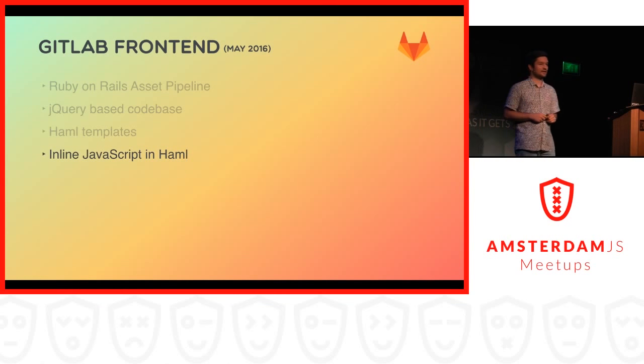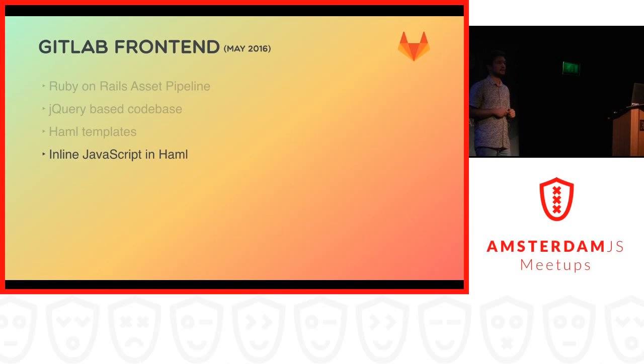We also had some inline JavaScript in HAML templates. So it was basically an old school classical application where you render HTML on the server and deliver it to the front end. For the template engine, we were using HAML, and then